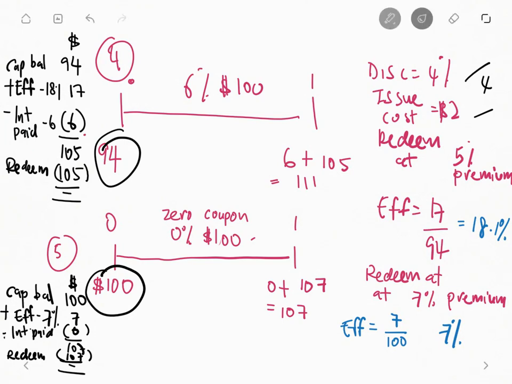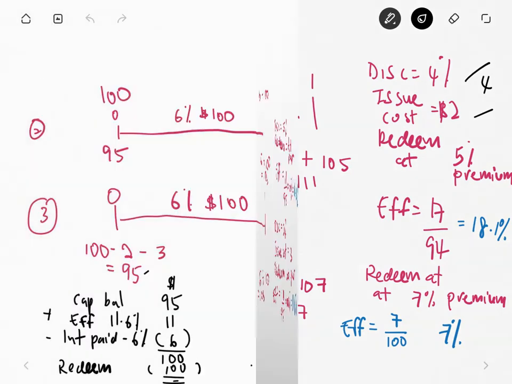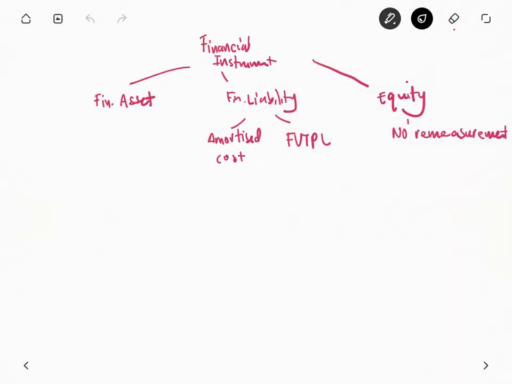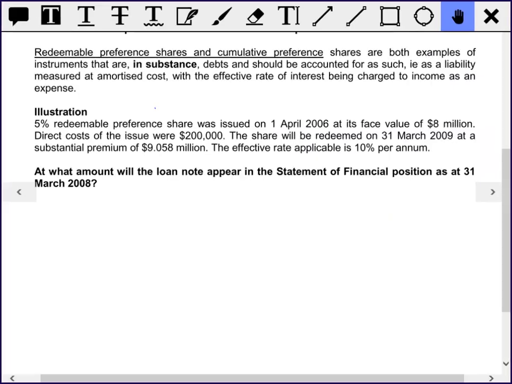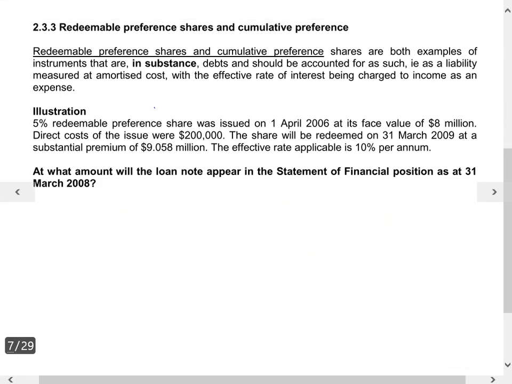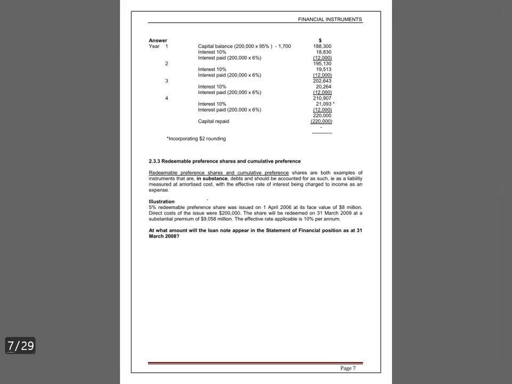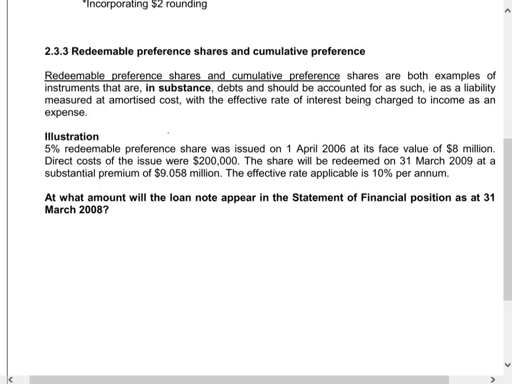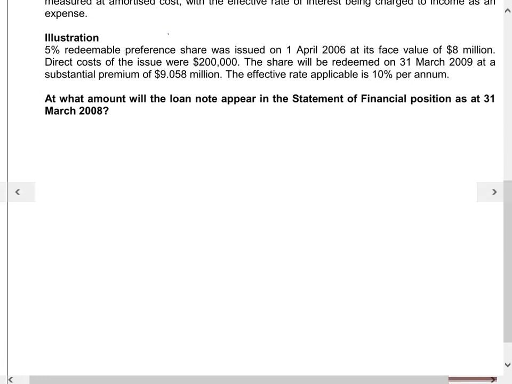Compound instrument. An example of a compound instrument will be a convertible. You know what a convertible is? Convert from what to what? Convert into share. From debt, convert into share. Liability to equity. Debt into share means liability is our debt, into share is equity. So it can be converted from debt into equity, meaning